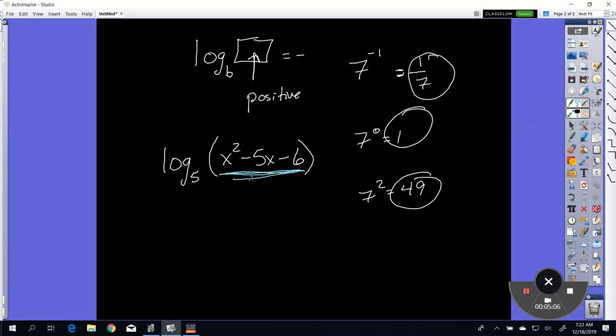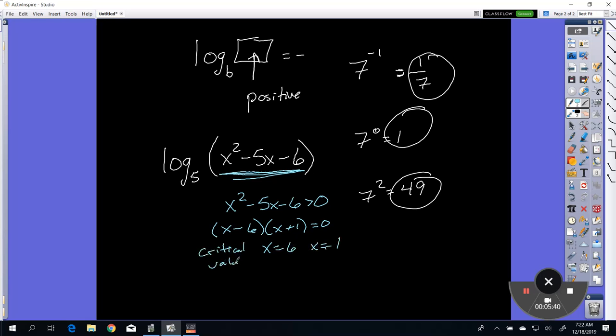It all must be positive, right? So we're going back in time to when we had this problem, like 2 chapters ago or last chapter. So it has to be greater than 0. And you solved this as though it were 0. So you factored x minus 6 and x plus 1. And you get that x equals 6 and x equals negative 1. And these are your